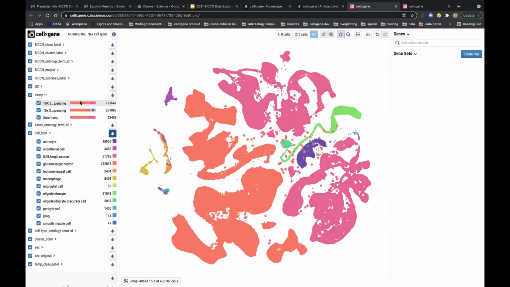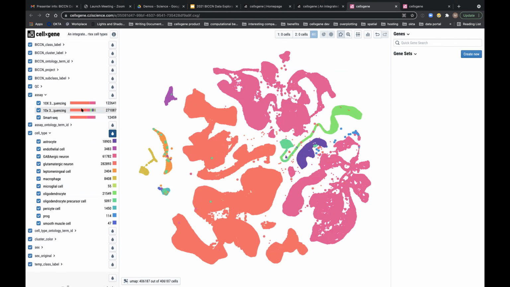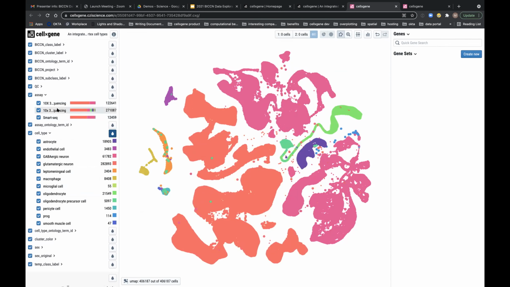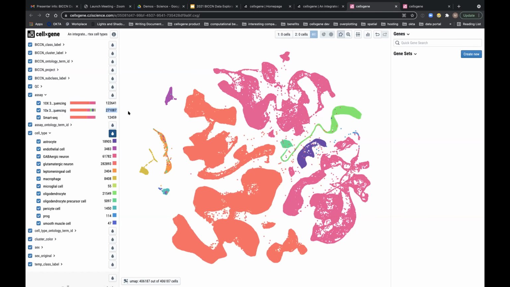What this essentially shows is, for each assay type, the distribution of cell types that are present there. The cool thing about this particular comparison was that oligodendrocytes and some of the other accompanying cell types beyond neurons seem to be most represented in this 10x 3' V3 sequencing. I wasn't sure, perhaps it's due to the number of cells that were collected.